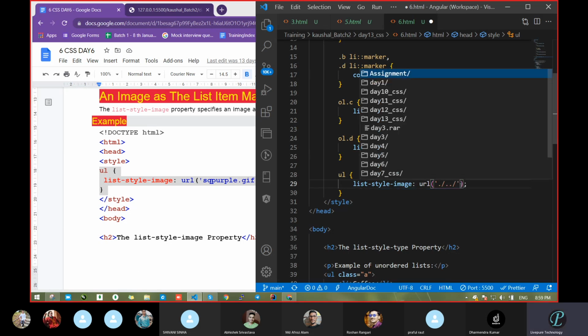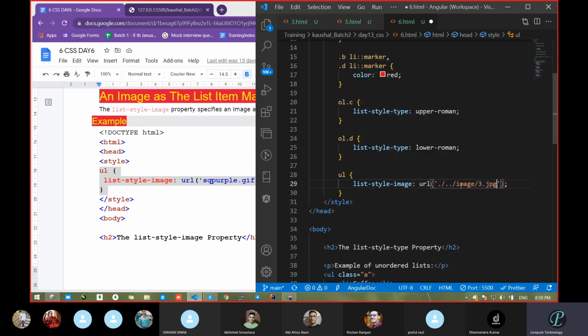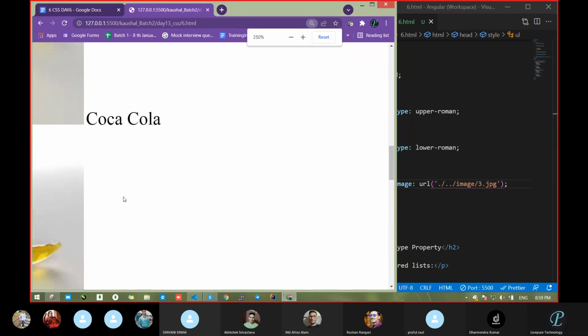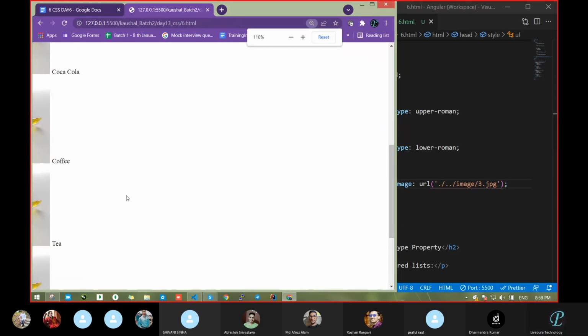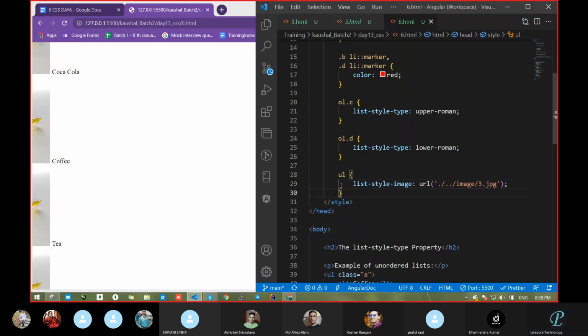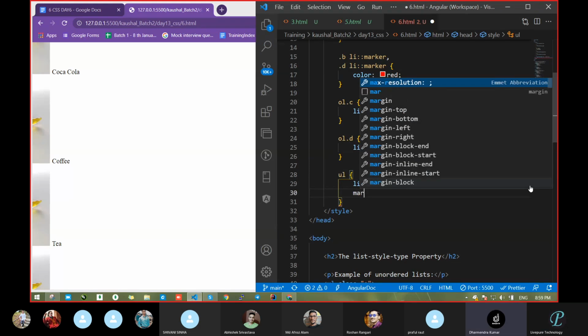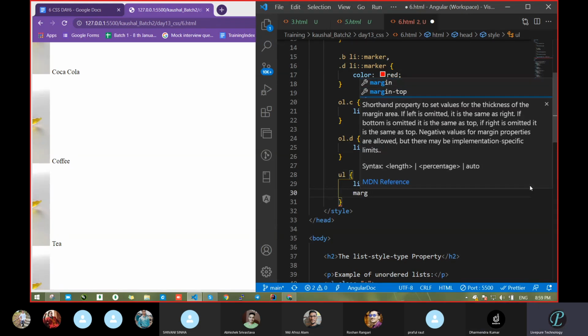If I go like this, practicing each one will take too much time. Let's save and see what comes. We got the image. What was margin actually? Amardeep, was that margin or padding?